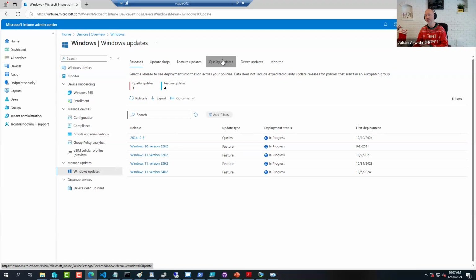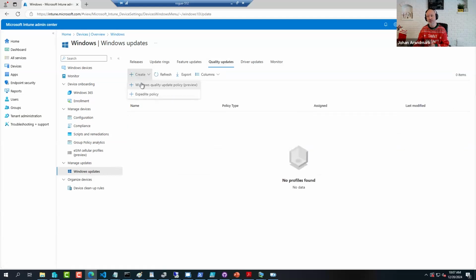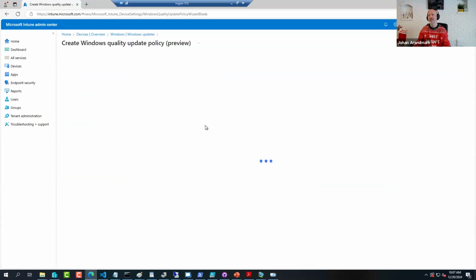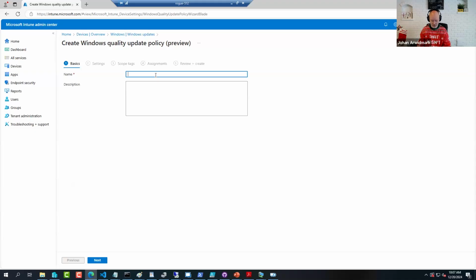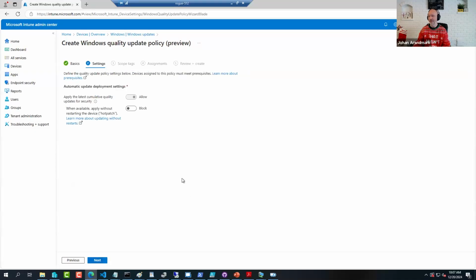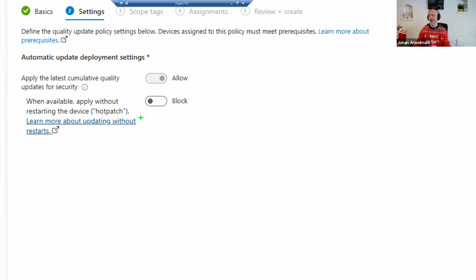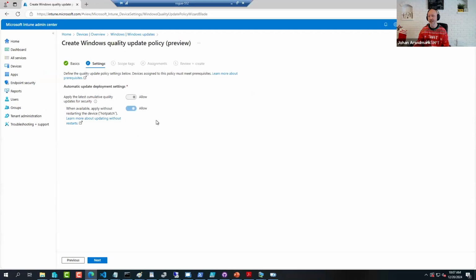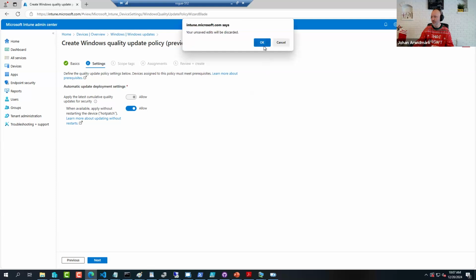If you click Quality updates and you create a policy for this one, you can see that you have the expedite policy and you have the Windows quality update policy. If you click that one, that's where, demo is as good a name as any, that's where we have the hotpatch option that we can go ahead and enable here. So that's where that one lives. But if we go back to the other policies,